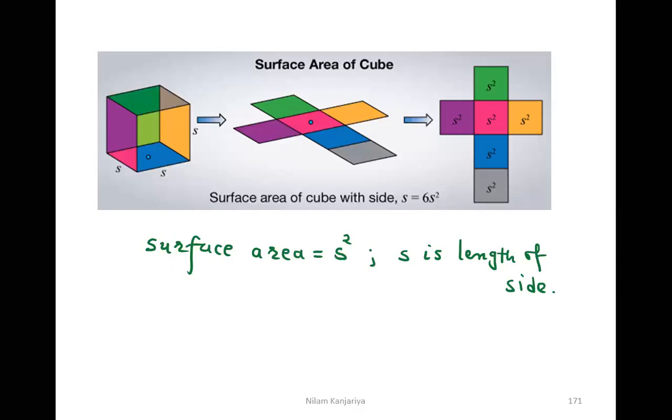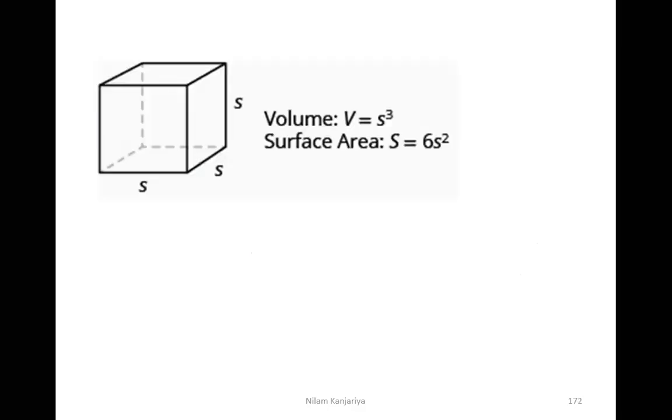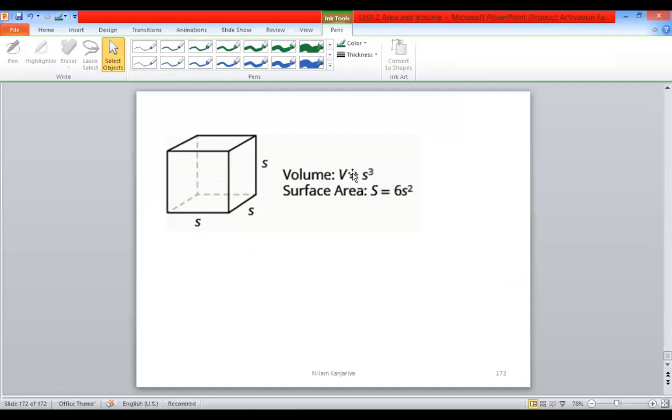Now we're moving on to the next formula, which is related to the volume. Surface area is given when the length of the side is S, so it's 6S squared. But volume depends on 3D, it's length into breadth into height. All the dimensions of the cube are the same, so the volume of the cube is S cubed. Now we discuss some examples to find the volume and the surface area of a cube. Hope you remember these two formulas. These two are really very important.